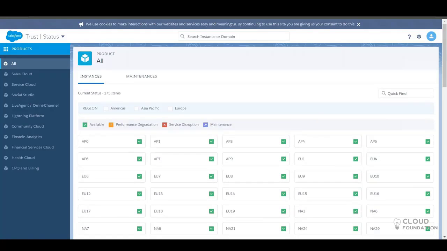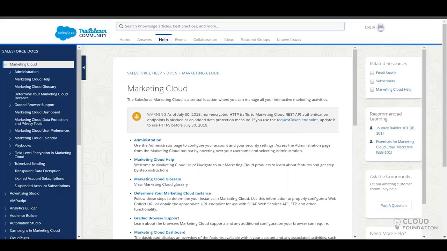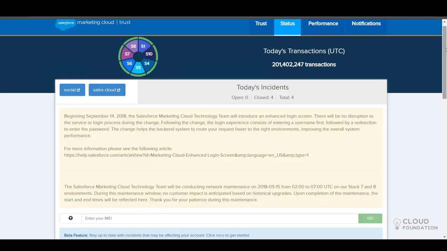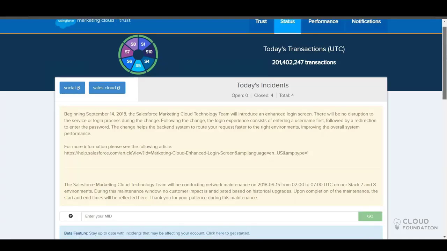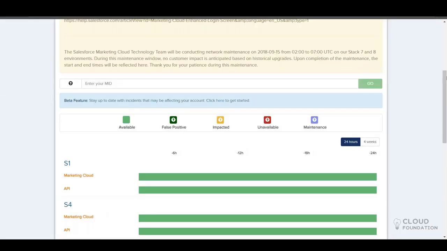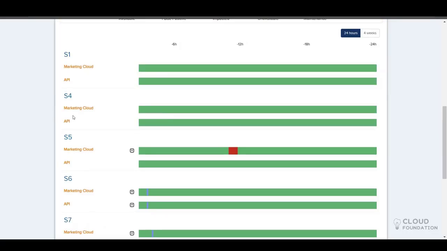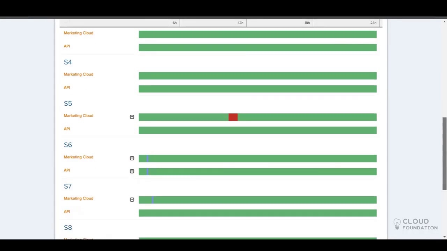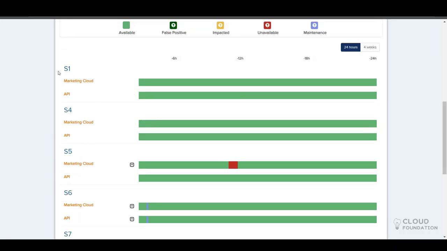When coming to Marketing Cloud, we don't have instances. It's altogether different. Here we call the servers stacks. You can see S1, S2, S3, S4, S6, S7, S8 and S10. This S means stack, so stack 1, stack 4, stack 5, stack 7.